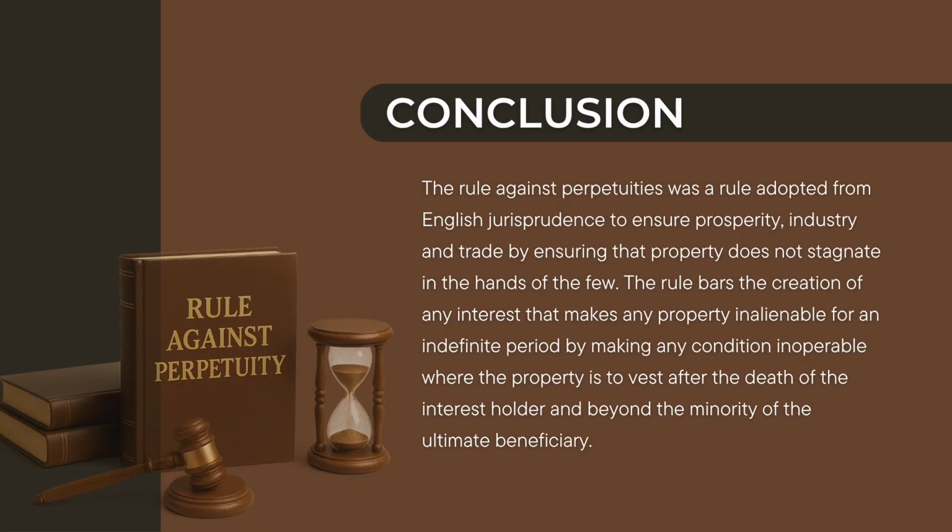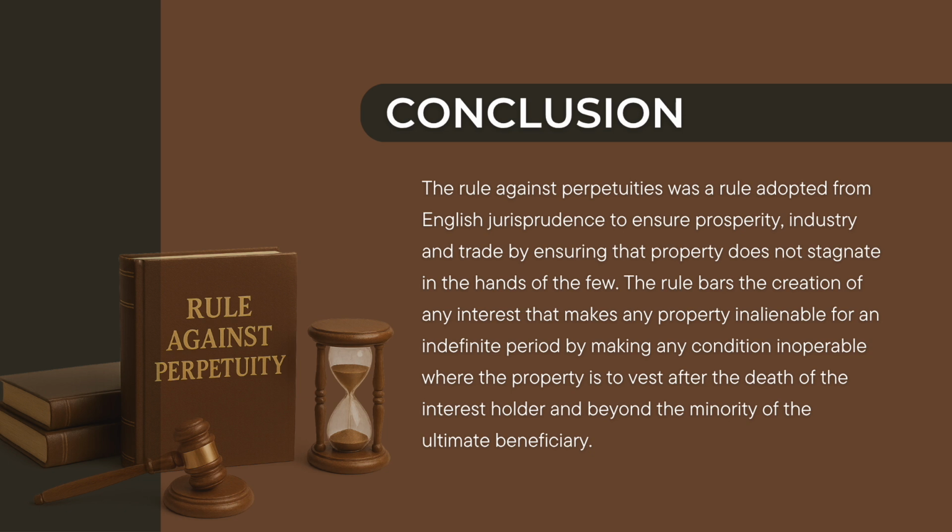In conclusion, dear viewers, we can conclude that the rule against perpetuities was a rule adopted from English jurisprudence to ensure prosperity, industry and trade by ensuring that property does not stagnate in the hands of the few. The rule bars the creation of any interest that makes any property inalienable for an indefinite period by making any condition